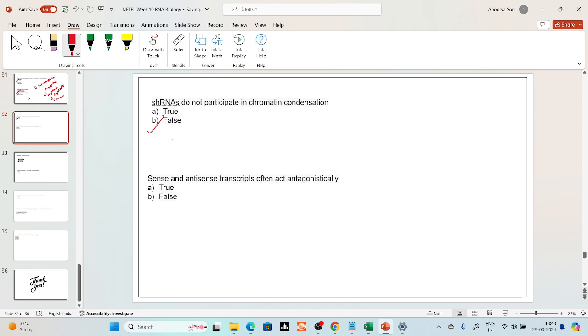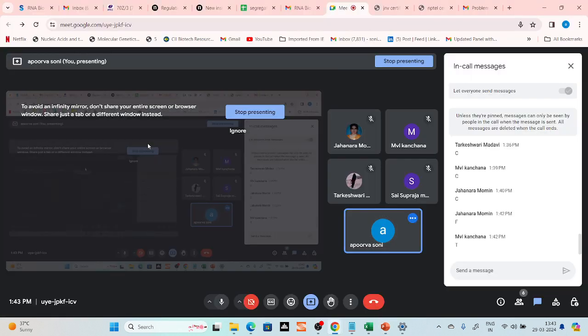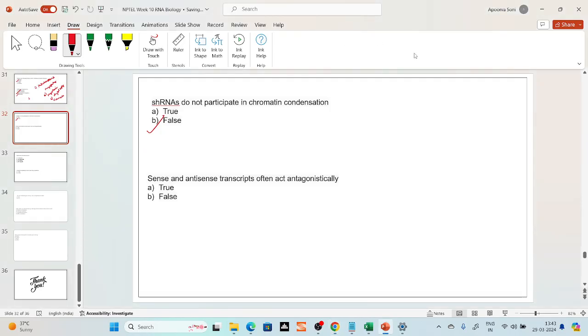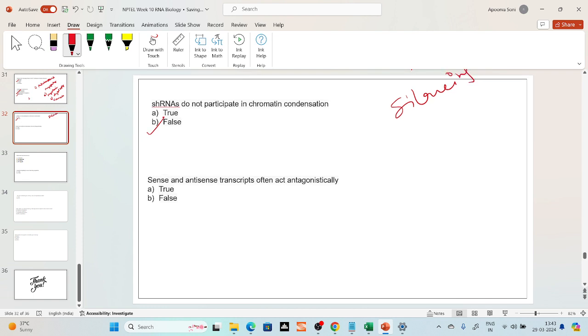So what is the function of shRNA? Can anybody tell me what is the function of shRNA? It helps in the silencing, right? It helps in the silencing. So it silences the gene so that transcription does not happen in the nucleus. So when shRNA is involved in silencing during genomic imprinting,